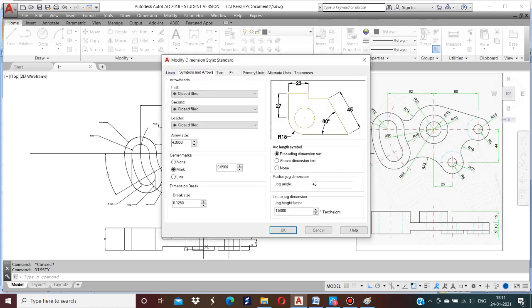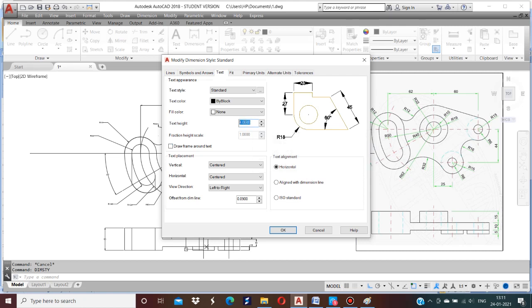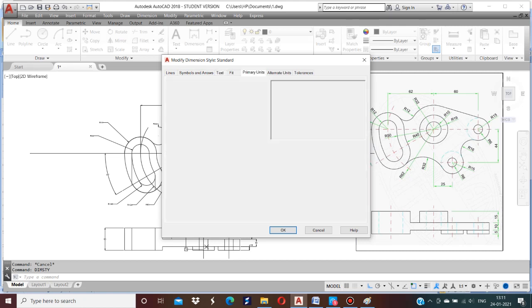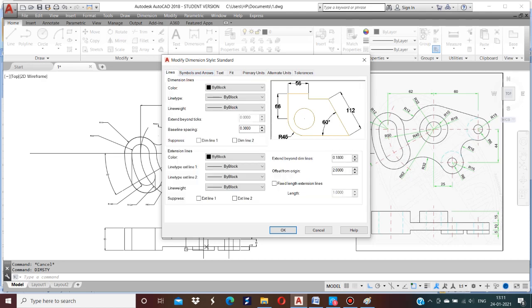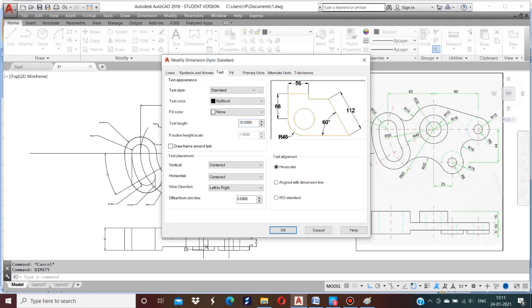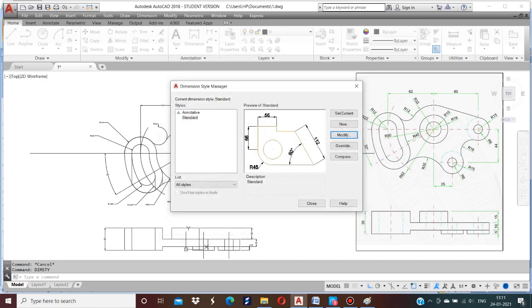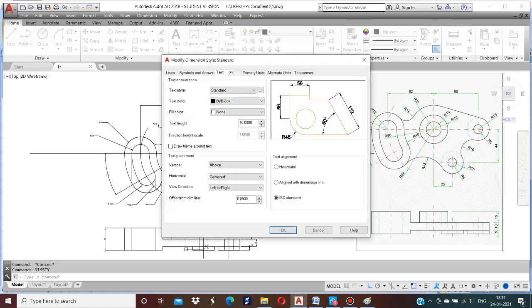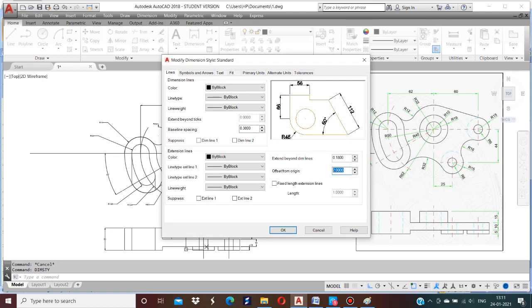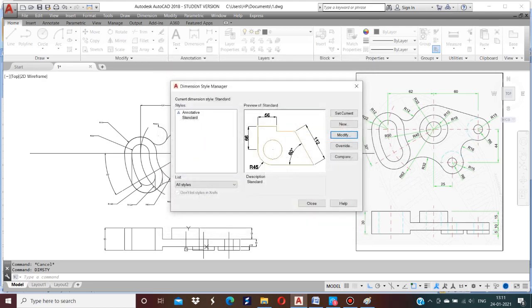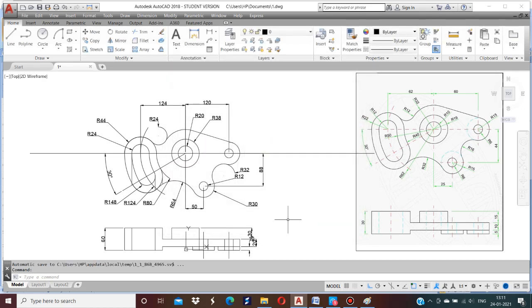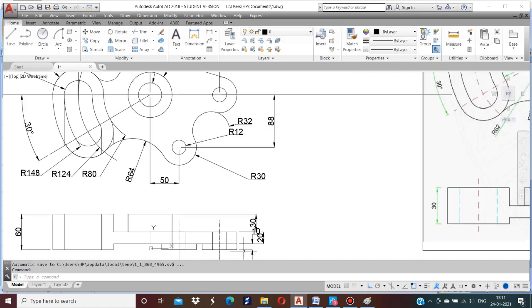Symbols and arrows. Say arrow size 8 mm. Text height also increase to 10 mm. Here it is above ISO standards. Now one more thing you have to do, lines offset from origin is 6 mm. Okay. Close it. Now the dimension is visible.